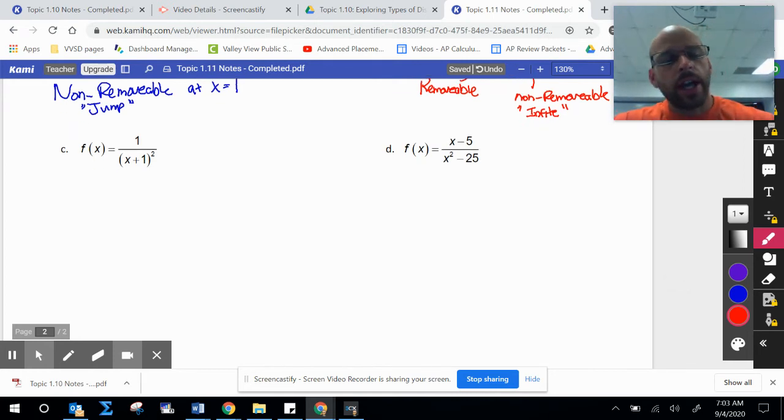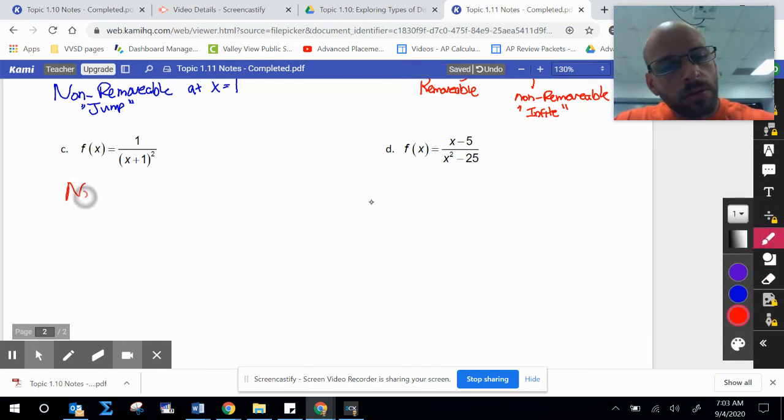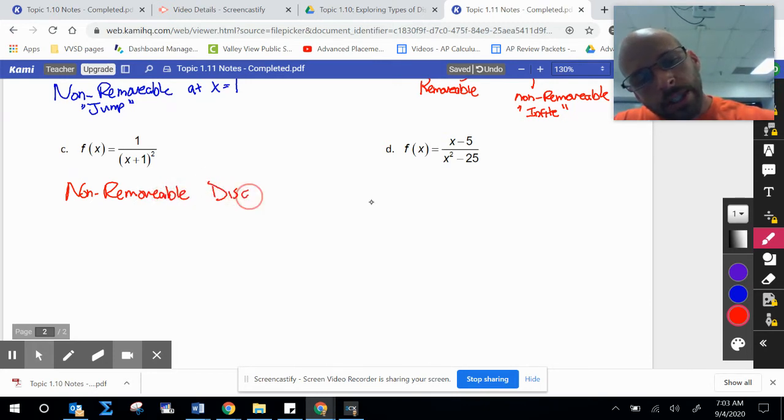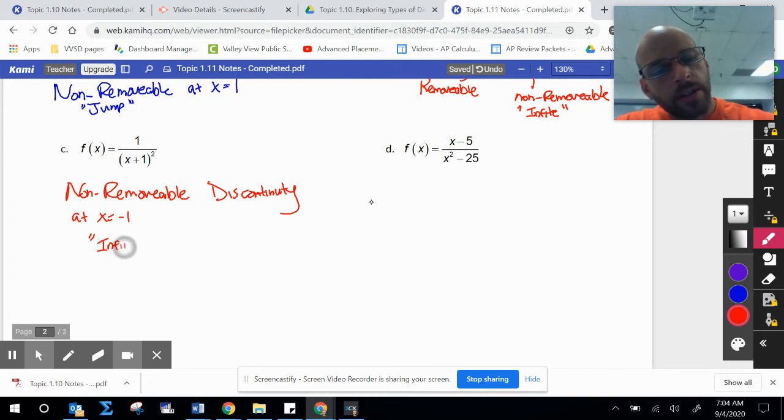So we know that we're just going to have vertical asymptotes. So I know I'm going to have a non-removable discontinuity at x equals -1. And more importantly, if I do that, we know that it's going to be an infinite